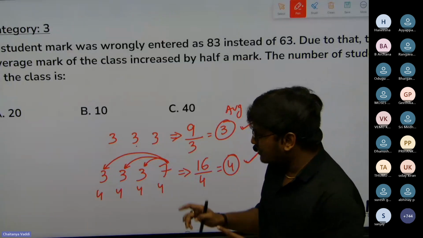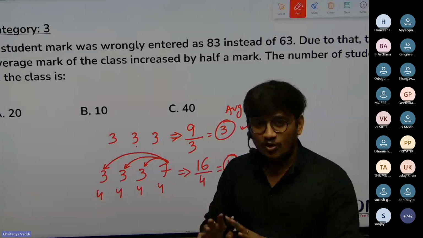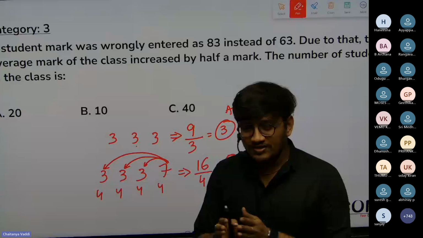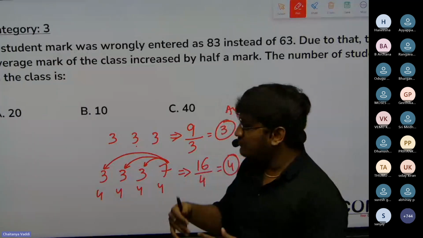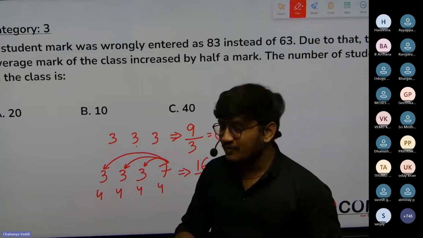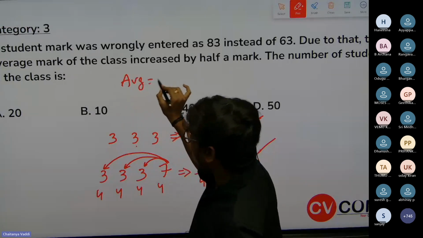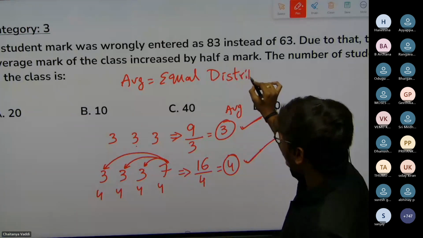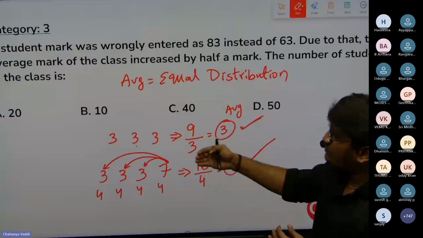What I just wanted to convey from this logic is that we don't actually need the count of the students in the class. If everybody in the class is having 4 chocolates each, the average will be 4. If everybody is having 5 chocolates each, the average will be 5. So if everybody has an equal number of chocolates, the average will become the same number. So this chocolate method, we call it average, means equal distribution. Equal distribution. You will get to know slowly why I gave this particular example.